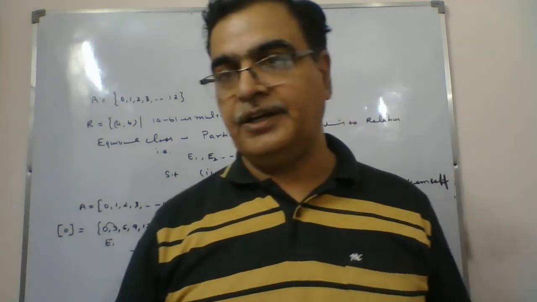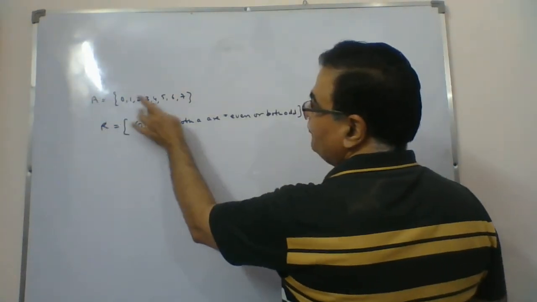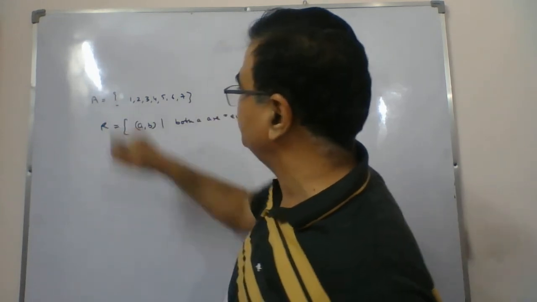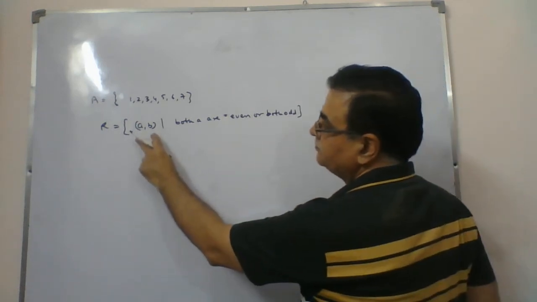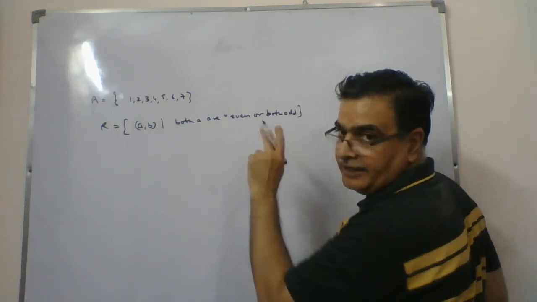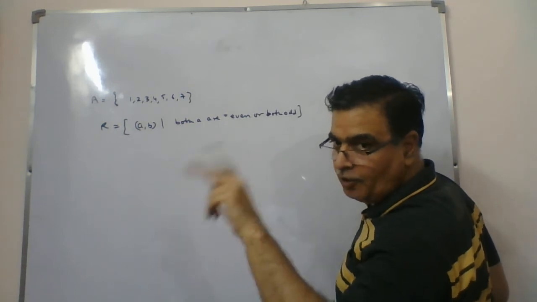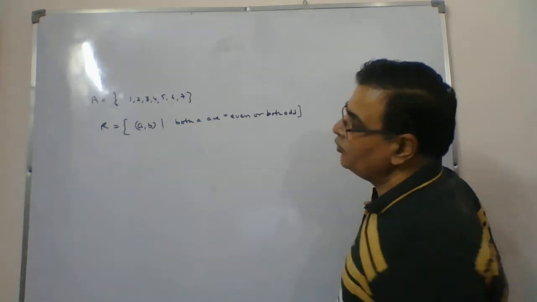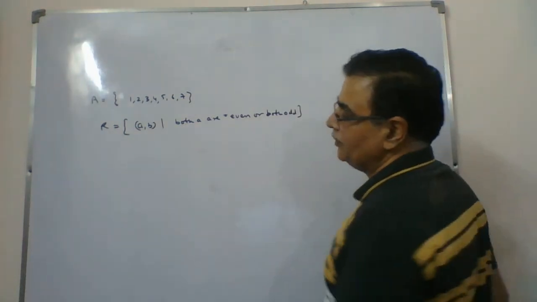One more question I'll take. Yes, this is the question we have. One set A is given, from 1 to 7. 0 is not here, 1 to 7. And the relation is defined: A and B, if both are even numbers, they are related, or if both are odd, they are related. But even and odd are not related. My question is, prove that it is an equivalence relation, and then we will also calculate the equivalence classes.